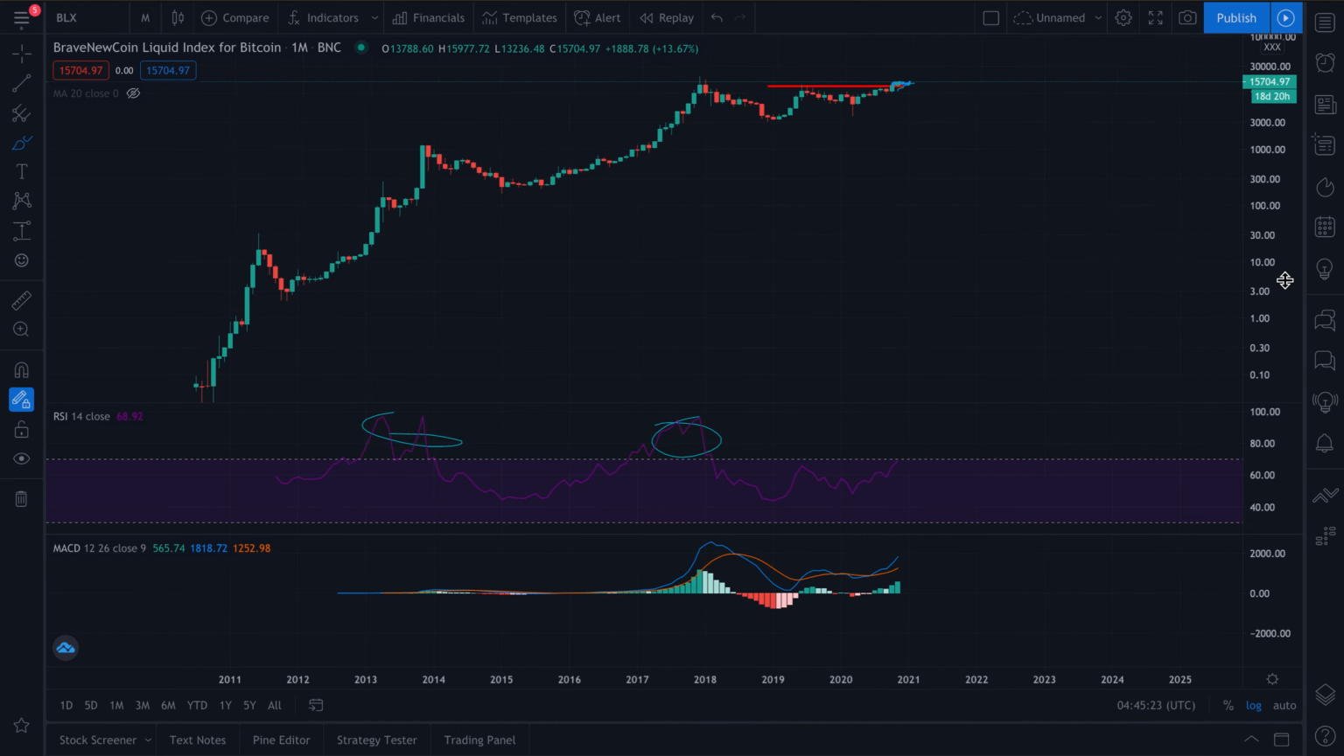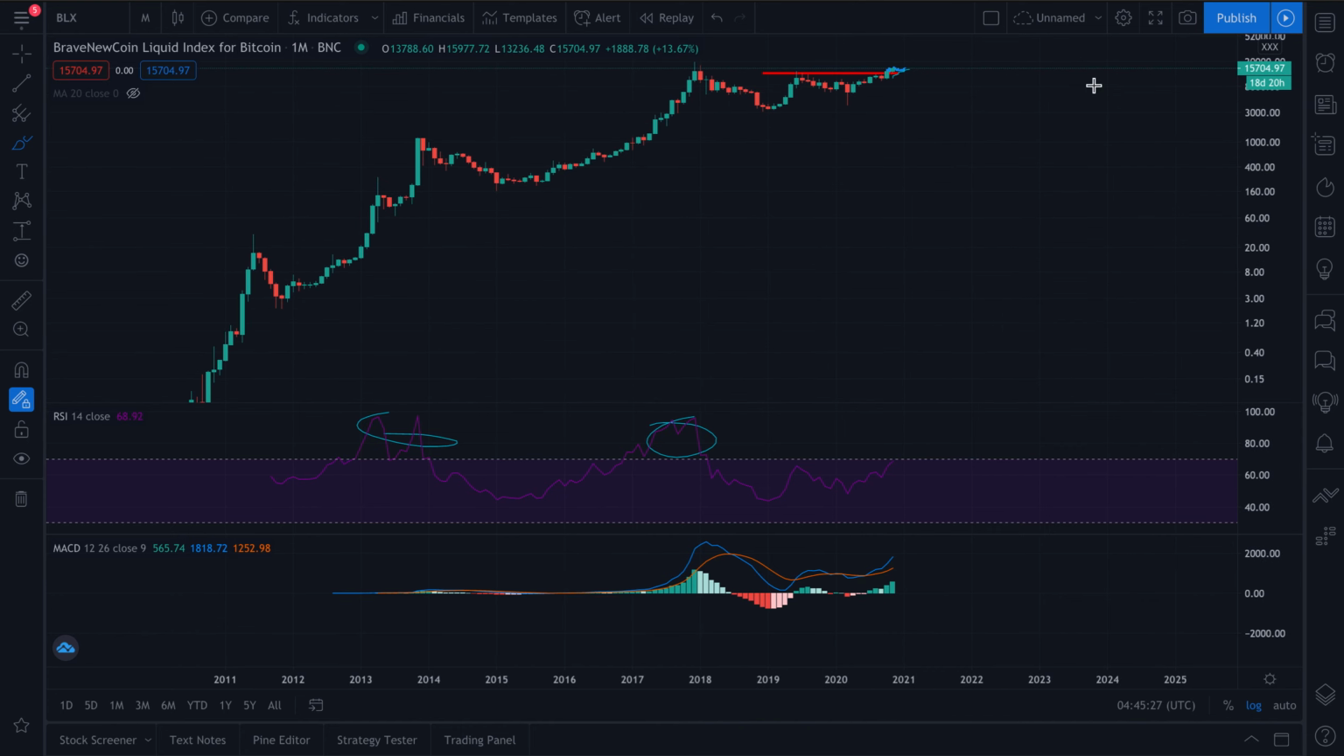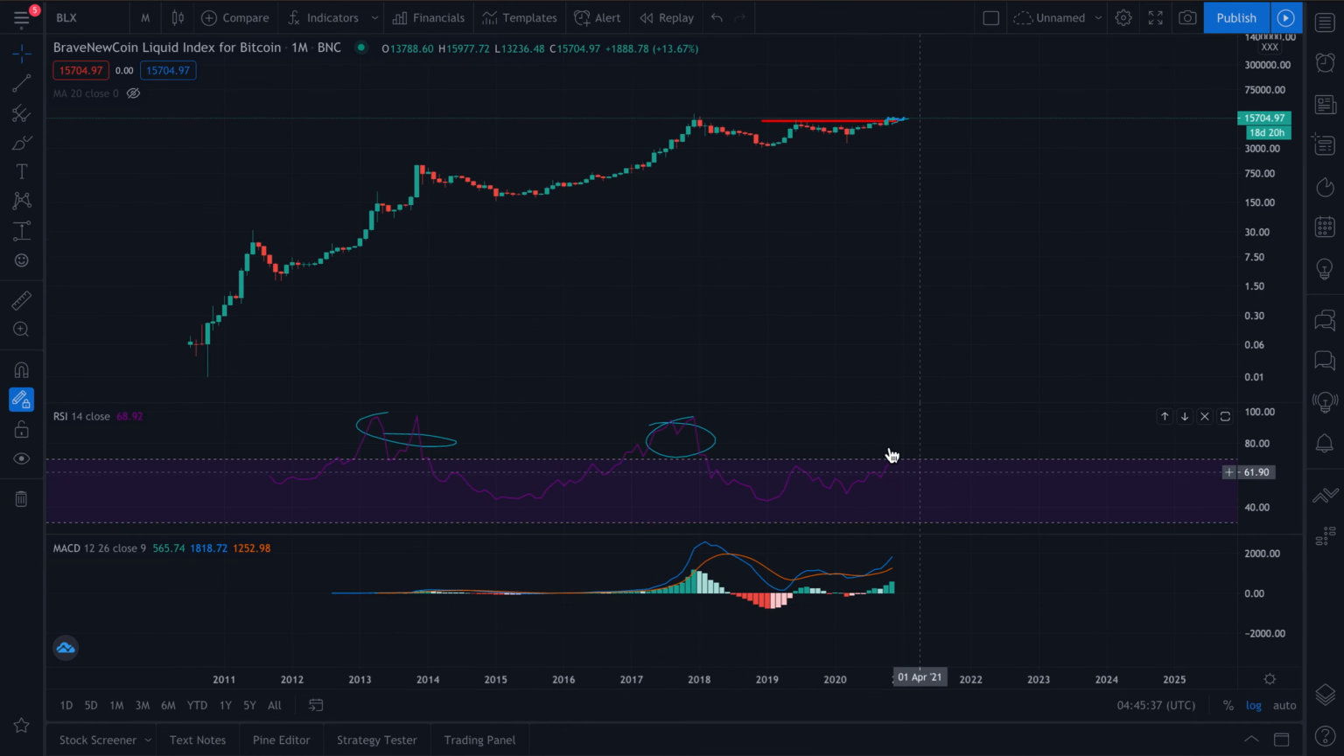So there is historical precedence in regards to, well, just because the monthly MACD is trending upwards doesn't mean that is an indicator. However, right now, as we see for the RSI, that has happened in the past, and it's happened every single time. One thing to note, though, and I want to point out on June 1st, 2016,